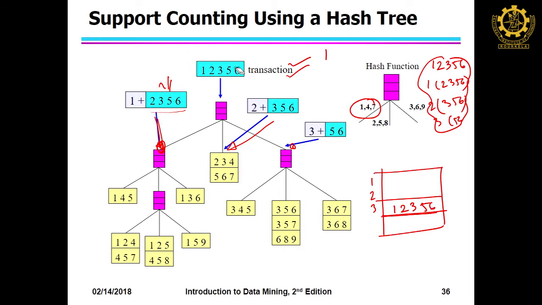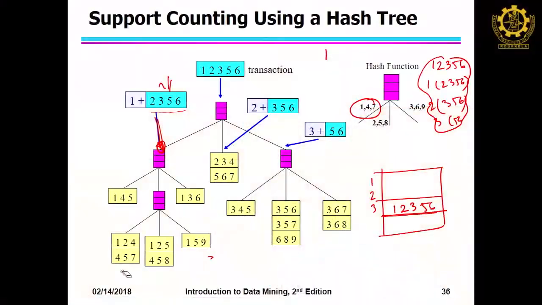So, now what you have to do is, this is the first stage, but here any item set is there in the leaf node. So, therefore, you have to reach the leaf node for finding the item set support, whether that item set is there in the tree. If the item set is there in the tree, then you will increment the corresponding support, because that item set is in the transaction, because we are picking one transaction and then matching it in the tree. So, that means the transaction consists of that particular item set. So, that item set's corresponding support will increase by 1.